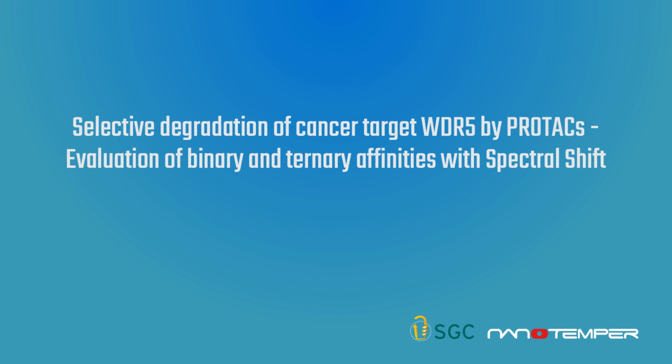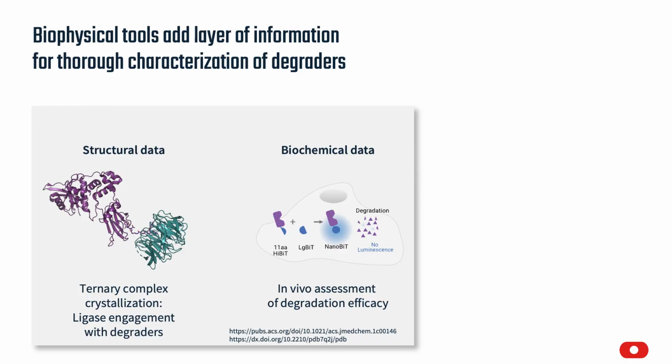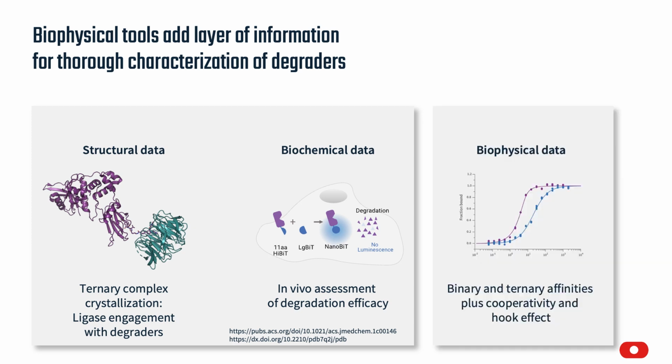In order to have a thorough picture of our degraders, we need a toolbox with structural, biochemical, and biophysical methods. Each one provides a new piece of information to shape our understanding of a degrader's behavior. For example, crystallography data was used for ternary structure characterization, and in vivo degradation assays were used for functionality assessment. And to tie all of this together, this structure-function relationship, we use biophysical assays to quantify the strength of our